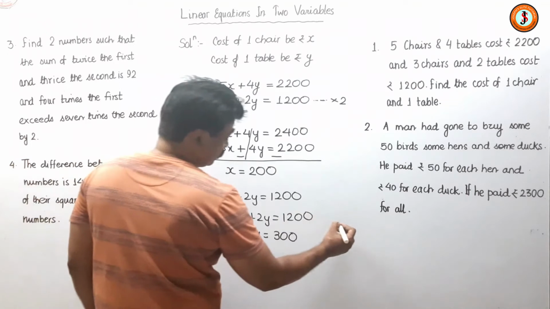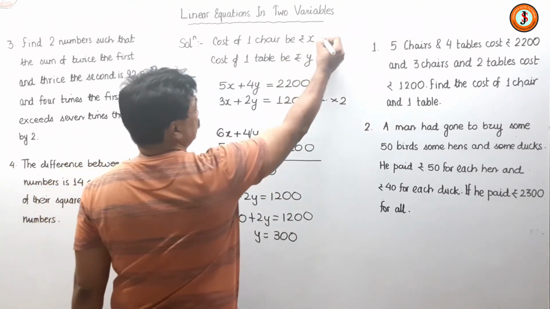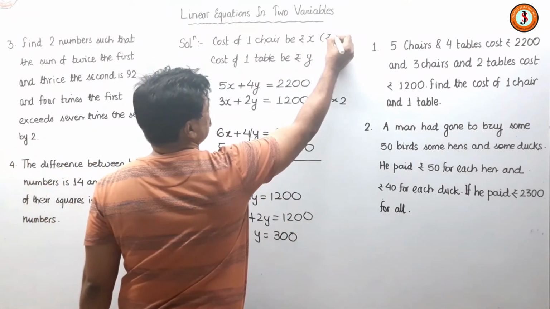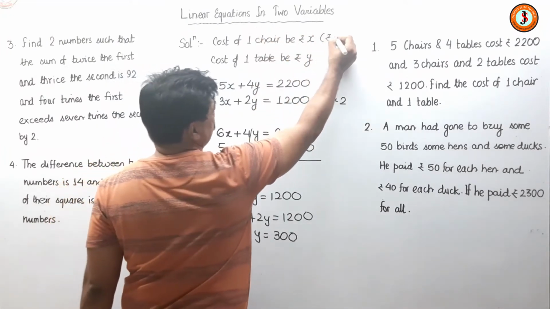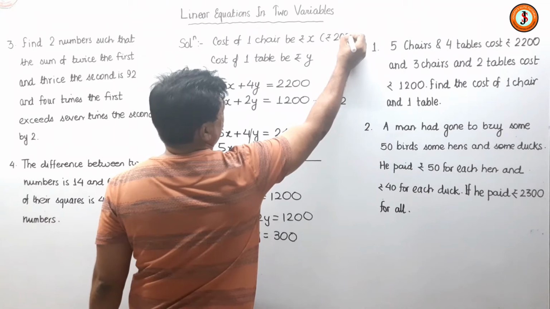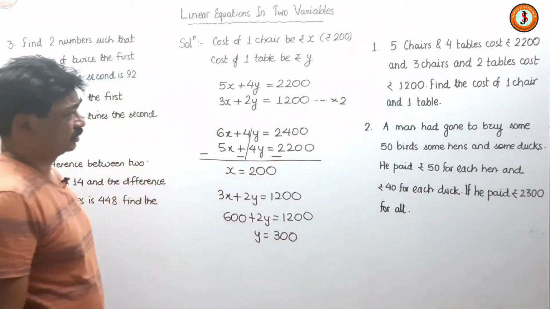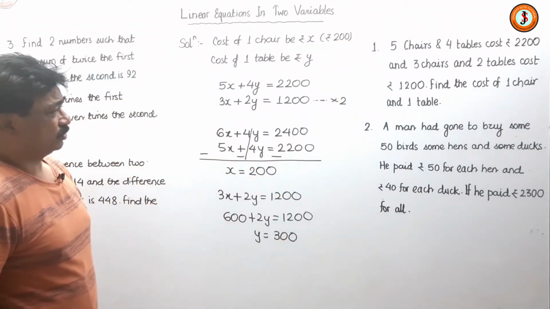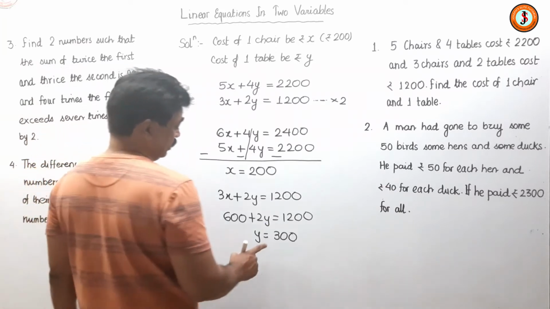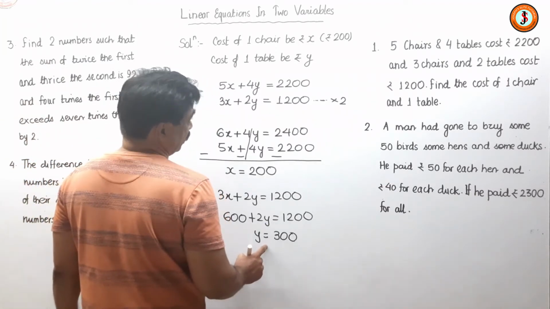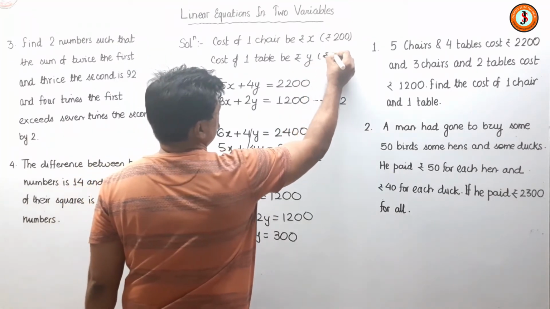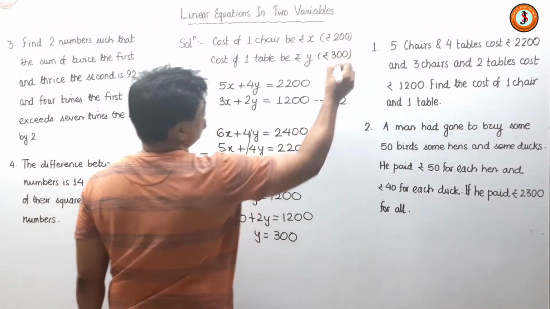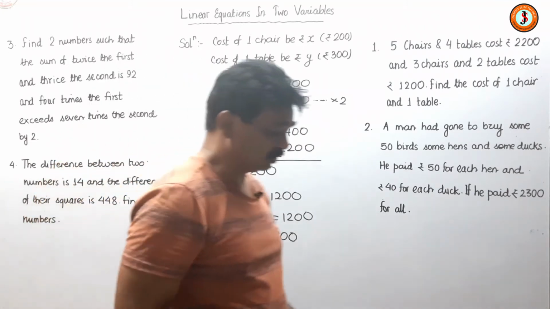So that means the cost of 1 chair will be rupees 200, and the cost of 1 table will be rupees 300. So let us go to the next question now. Next question we are going to do,